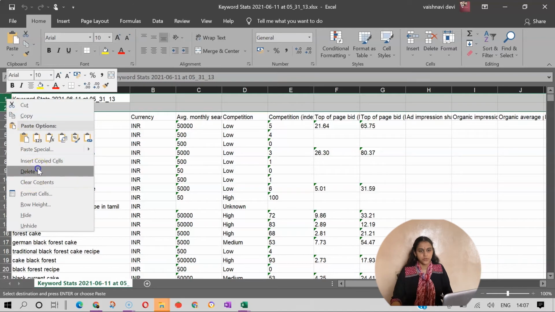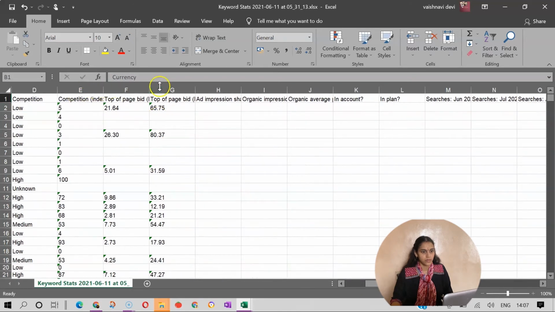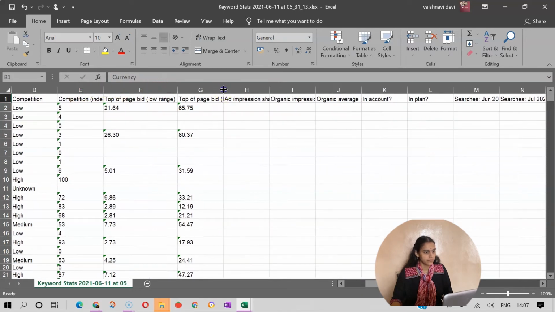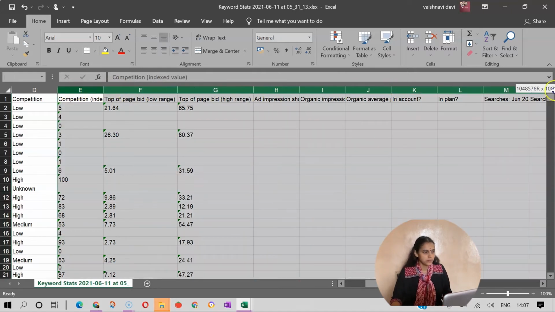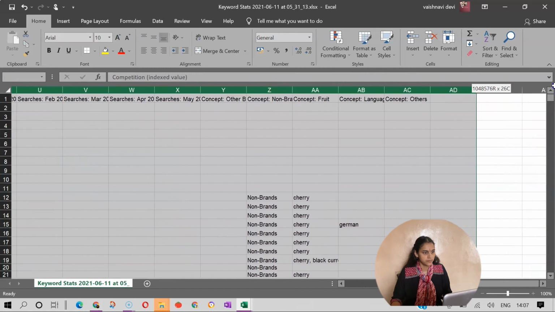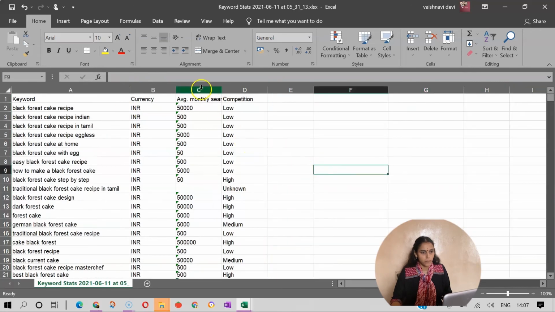Let's wait some time to open. Click on enable editing. Now the first two rows we don't need, let me delete. And the next is this top bid range,